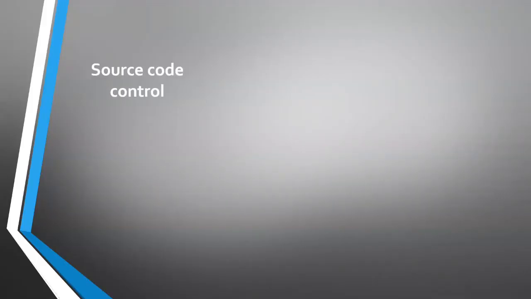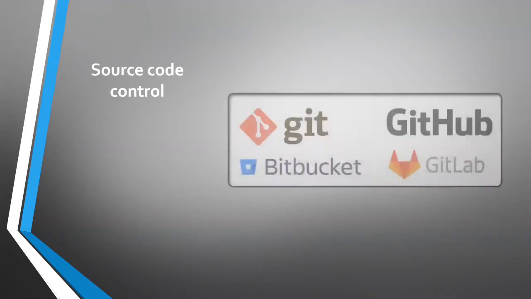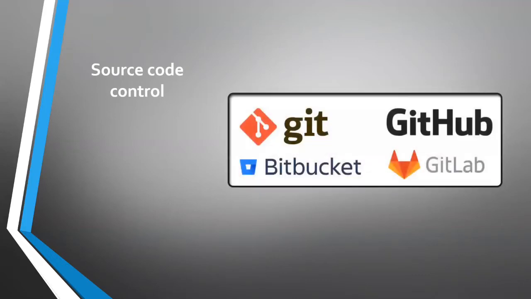So the first, source code control: Git, GitLab, GitHub, Bitbucket. Instead of focusing on just one of these popular source code control tools like GitLab, GitHub, and Bitbucket, we are going to quickly show the overall value of Git